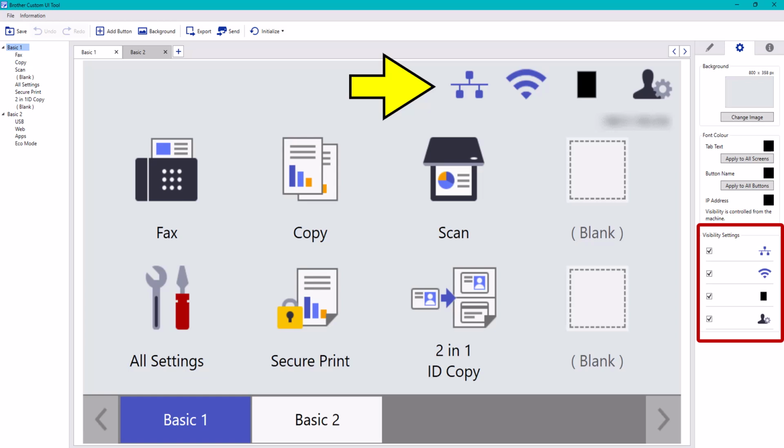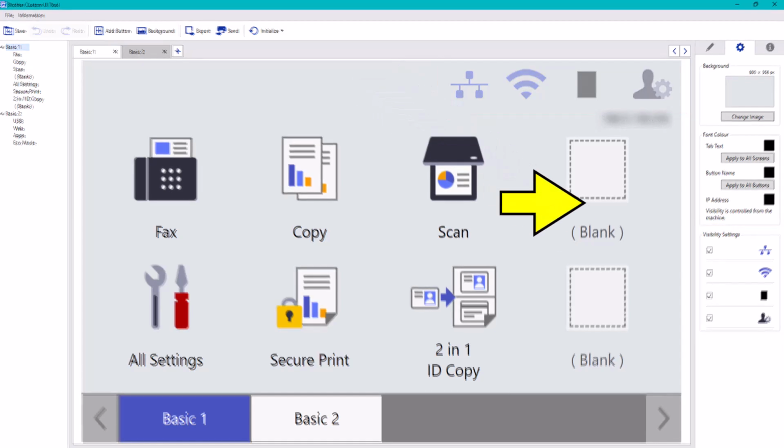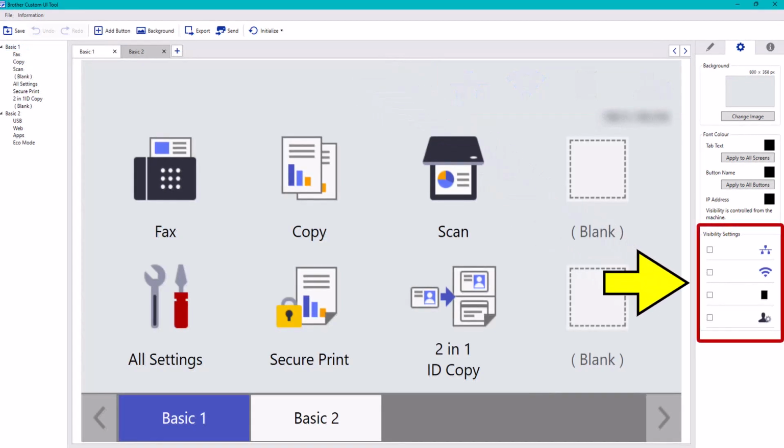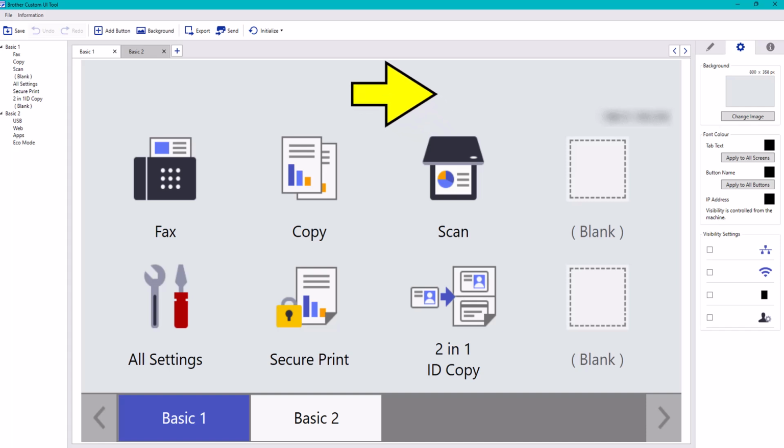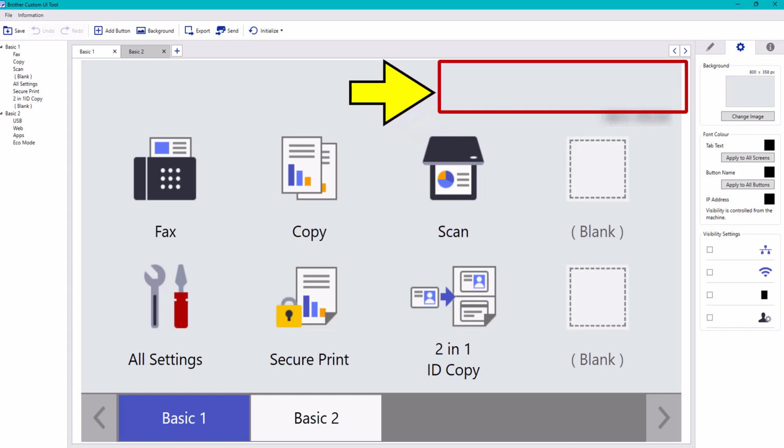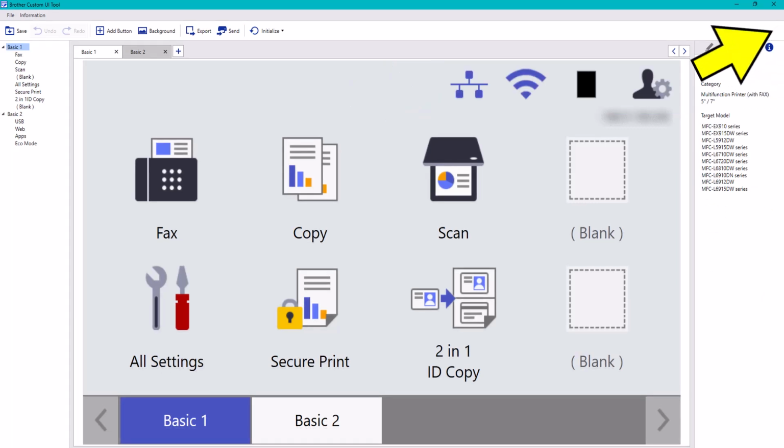With the visibility setting ticked, the user can see these icons. If the visibility settings are unselected, as shown here, the icons will not be visible on the LCD screen. The last tab is for information on your device.